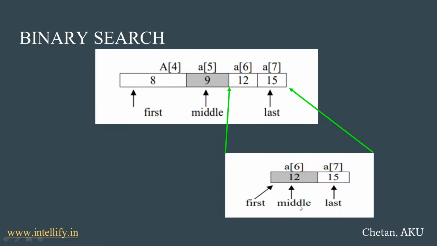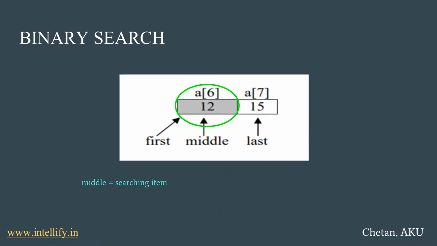So here now with the middle index, we see the value that the middle index contains is 12, and the value we want to search is 12. Now let's compare that value with this value, and we found that our middle element is equal to the element we want to search. That's why we said this is the required element in the array. That means we found our element in the array in this way.